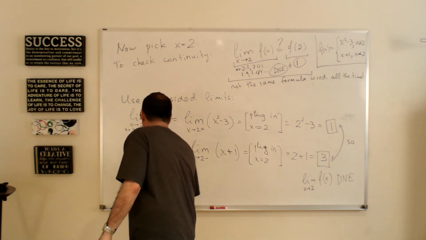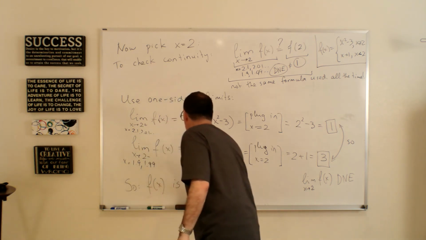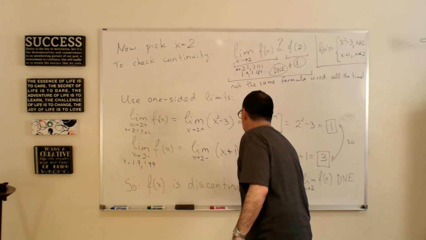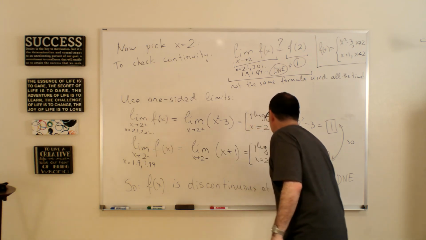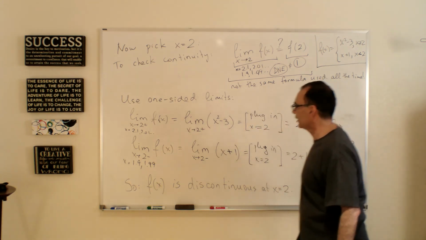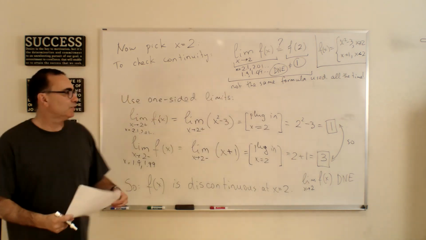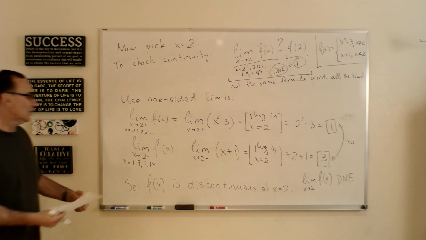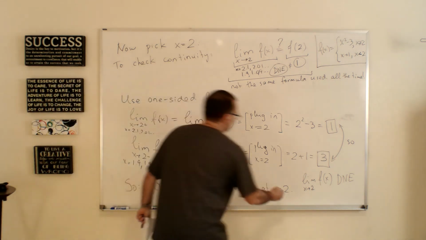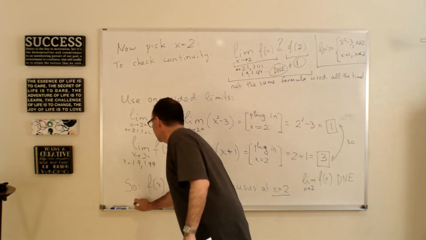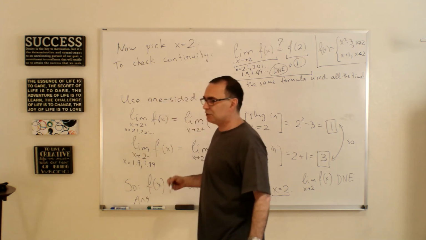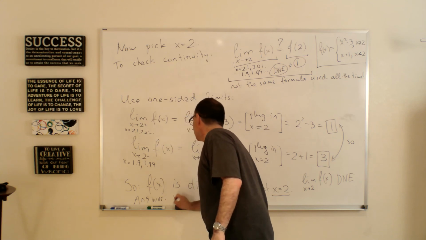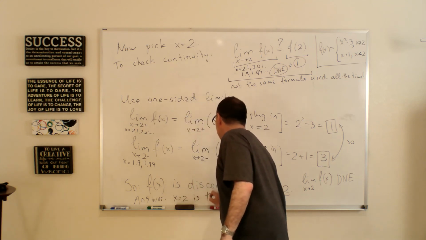So f of x is discontinuous at x equals 2. And since we have previously determined that it is continuous at all the other x values, so x equals 2 is the only point of discontinuity. So the answer was, the question was to find any points of discontinuity, and the answer is x equals 2 is the only